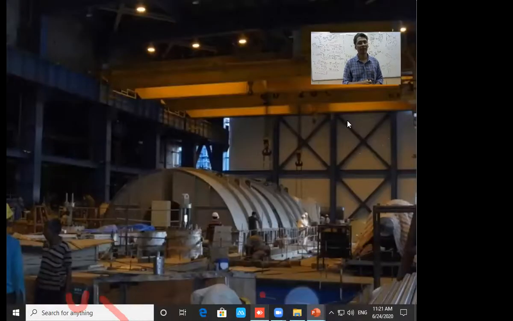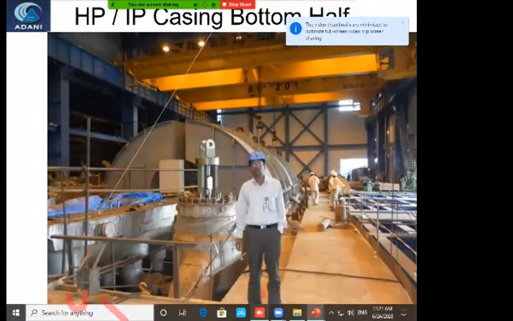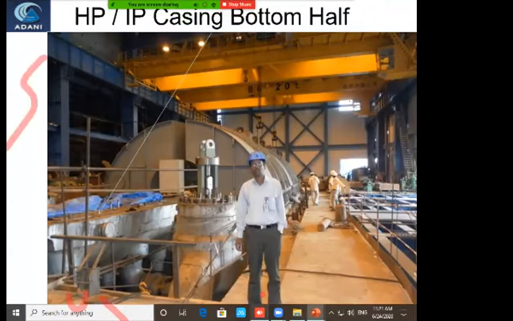So that is another view of the generator in the turbine. Generator casing, you can see here. Next. So that is the turbine floor. The turbine is not installed over here. That is the left side turbine pressure. The generator is there. Next.